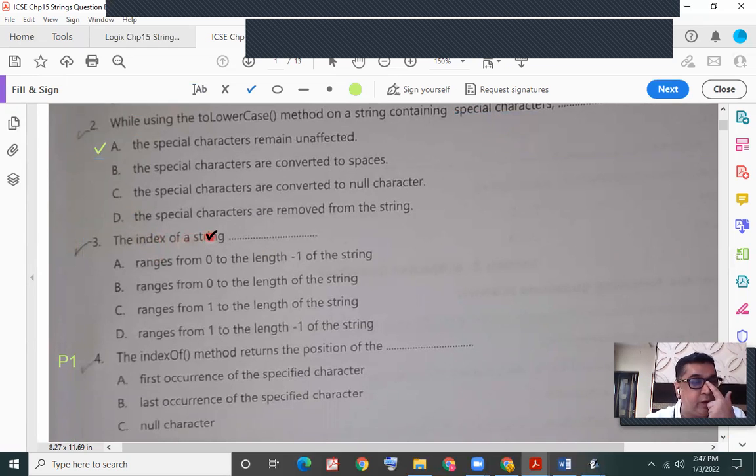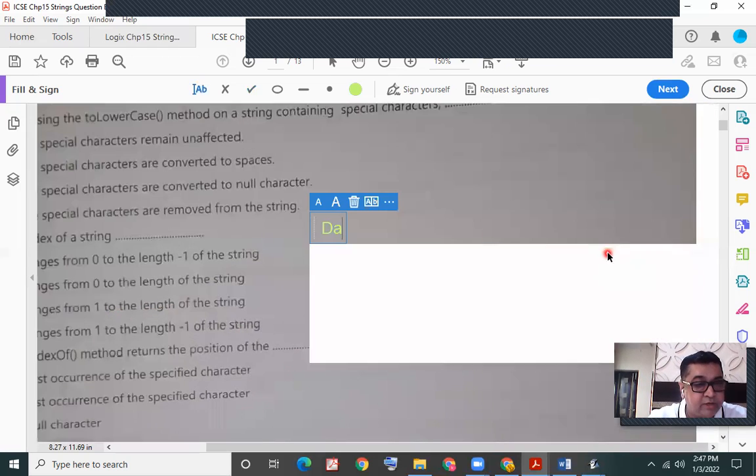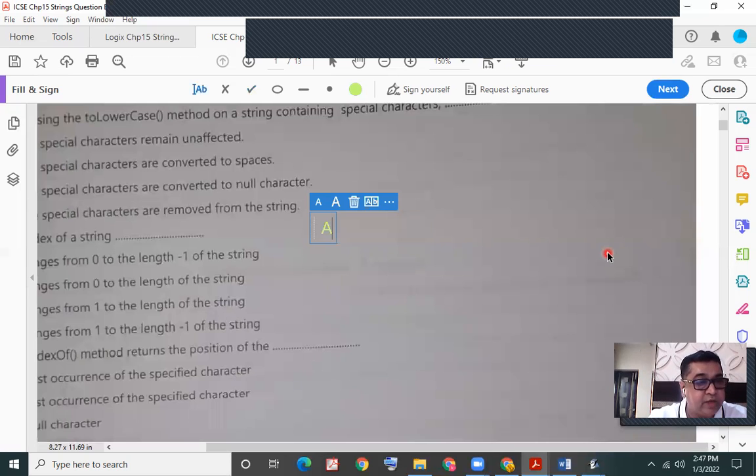Next. The index of a string, that is the positions when you specify the index position: A, ranges from 0 to length minus 1 of the string; B, ranges from 0 to the length of the string; C, ranges from 1 to the length of the string. That means if my string is Dadar or A plus, what would be the index positions?